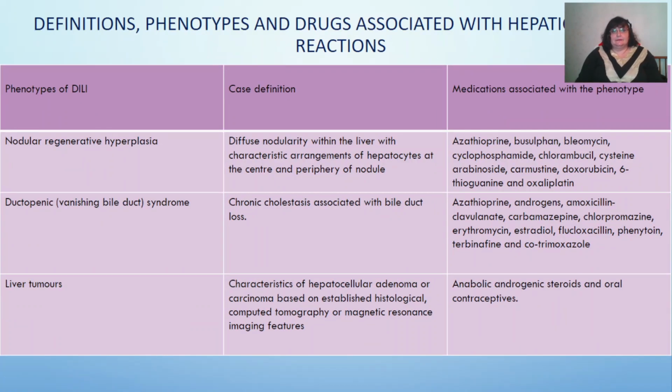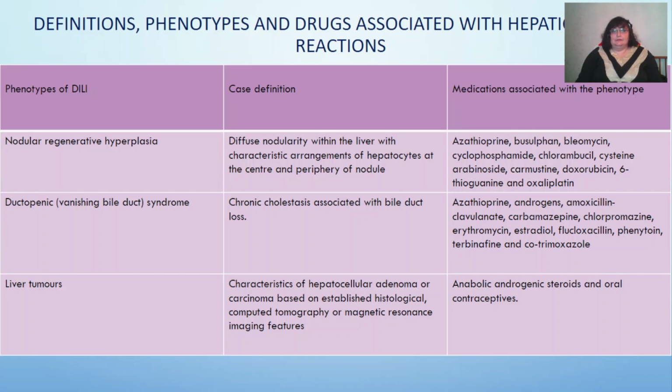Nodular regenerative hyperplasia, case definition: diffuse nodularity within the liver with characteristic arrangement of hepatocytes in the center and periphery of the nodule. Medication associated with this phenotype: azathioprine, busulfan, bleomycin, cyclophosphamide, chlorambucil, cytarabine, carmustine, doxorubicin, 6-thioguanine, and